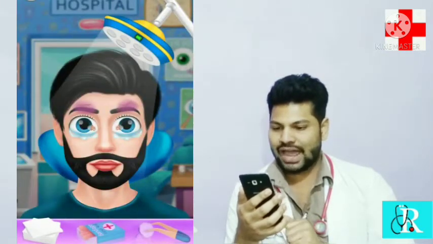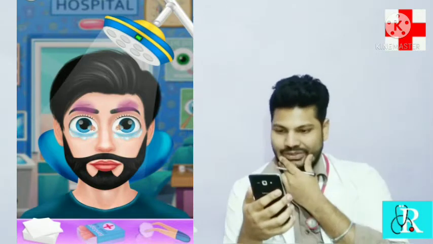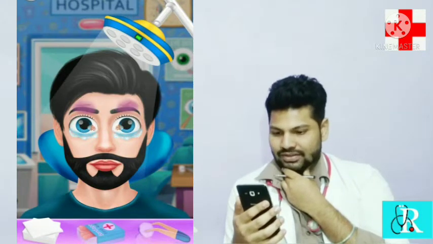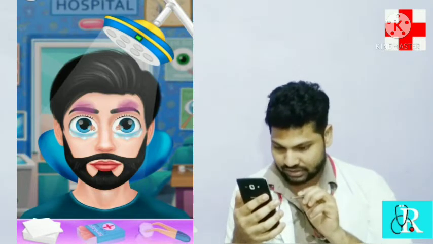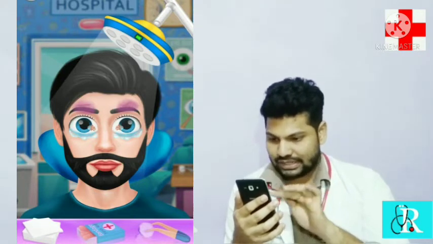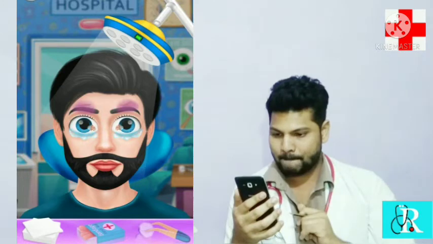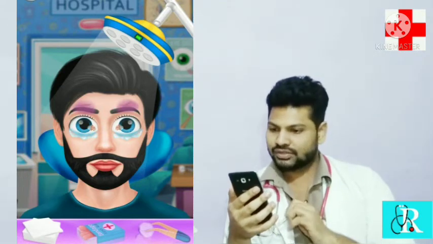Virtual Eye Doctor Simulator. Okay, fine, let me click. There are three options: rate us, play, and sound. Let me click this play option. Okay, it is getting loaded. And I need to select one of George, Ava, Amelia, Roy. So let us select George. Okay, so with George, what should I do with this?